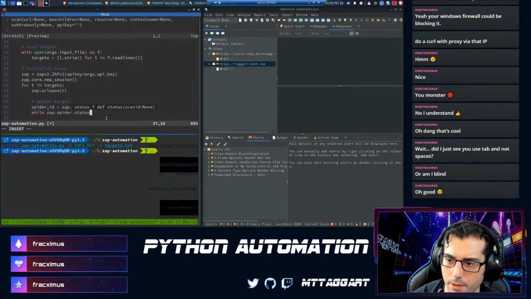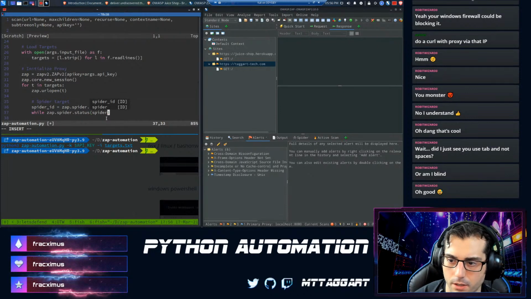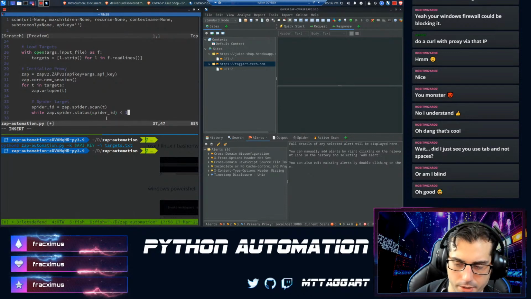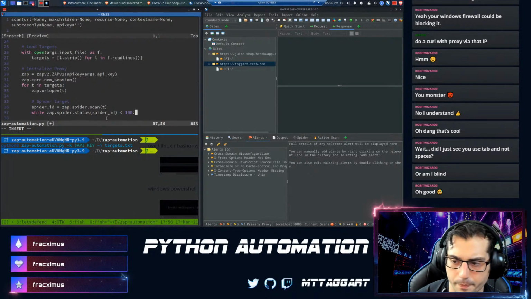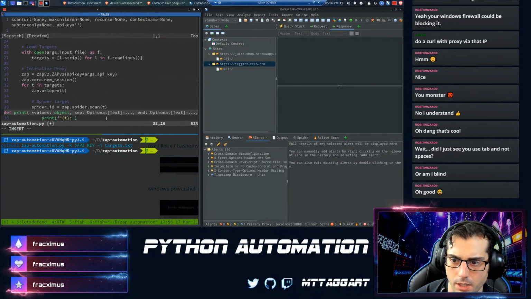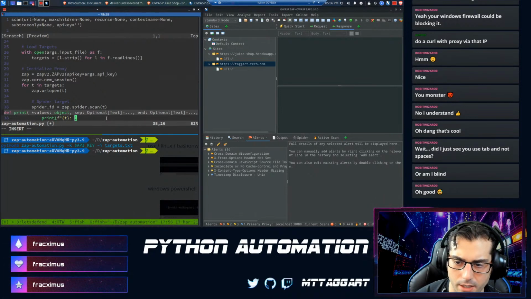Status, I believe, and we give it the scan ID. There we go. While spider ID is less than 100, because it's just a percentage, we're going to print out the target, and then we'll say whatever the status is.